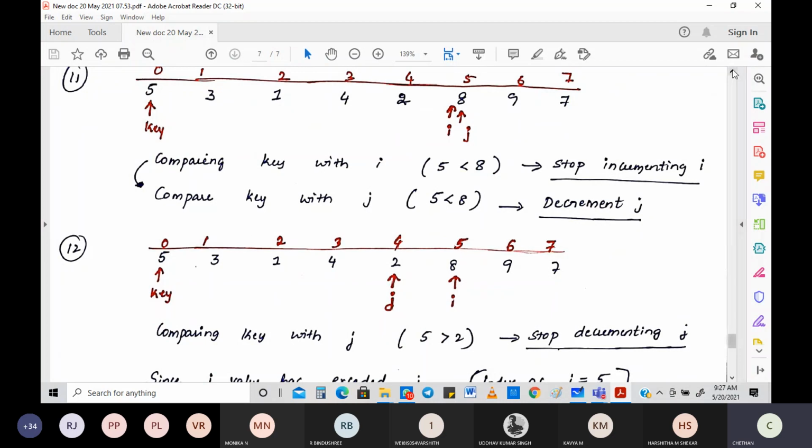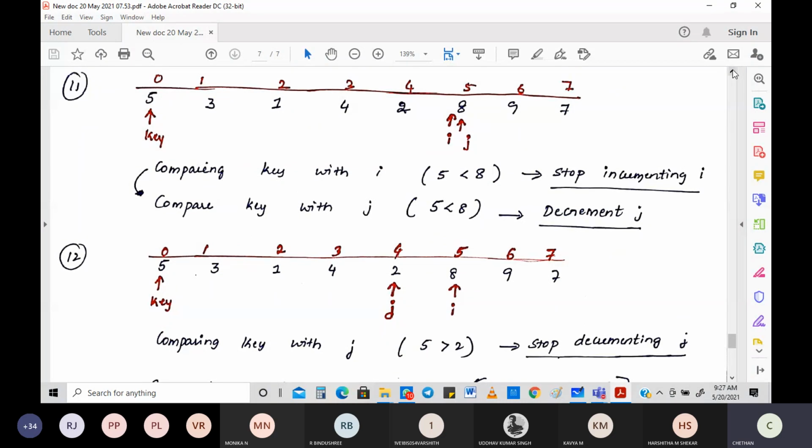But do I have to go back and check with I and J values? Yes, because the incrementation of I and decrementation of J are both done, so again I have to check the comparison between I and J.